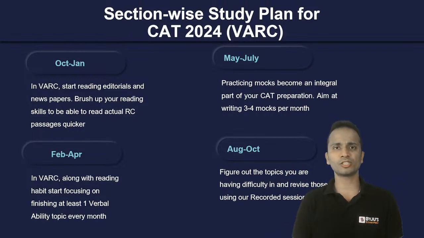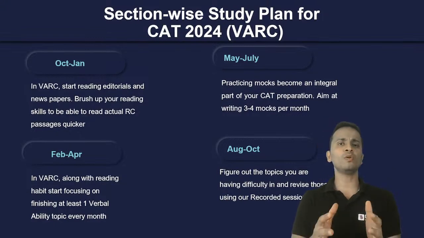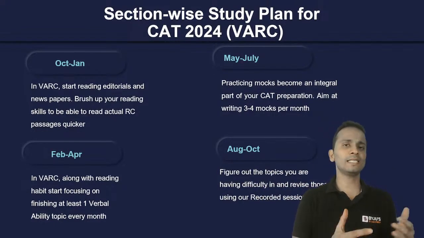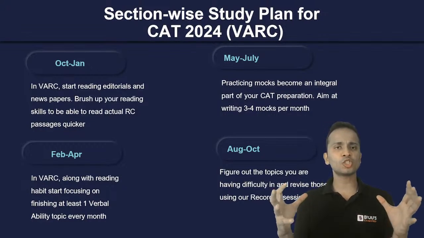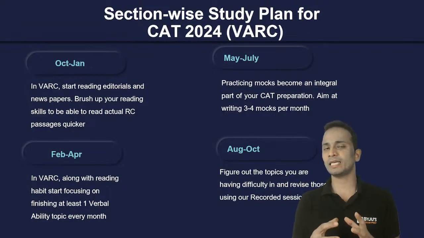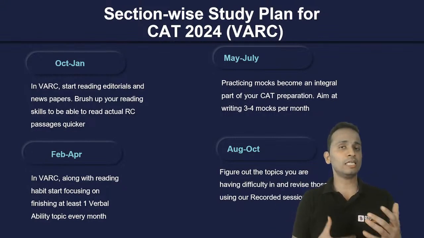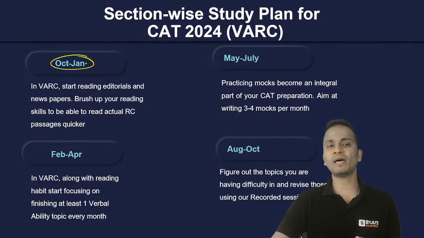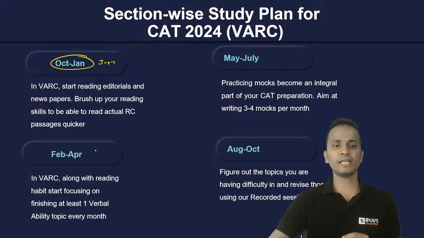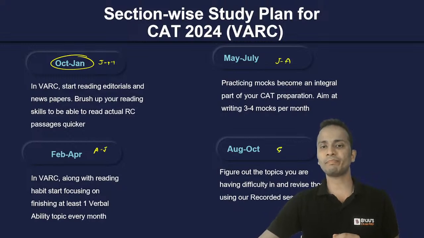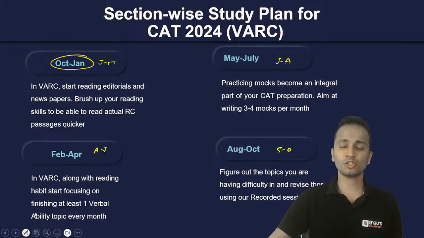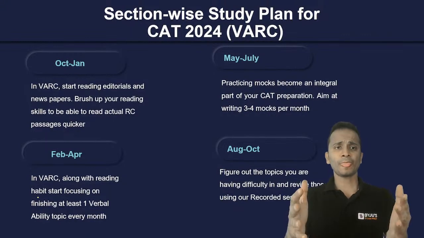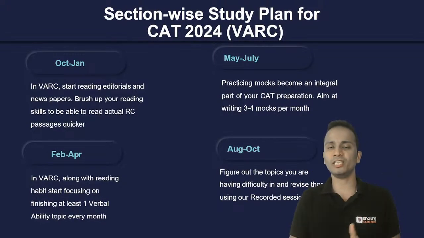in a group of a few months. So we are sitting in October, so I'll consider October. Now, important: those students who will be watching this session later on, let's say in the month of December or January, you can squeeze in whatever number of months are left with you and follow this schedule. So if you are starting in January, you can replace this by January, February, March, then April, May, June, July, August, and September, October. Whatever time you are left with, you can break those months into these four parts.